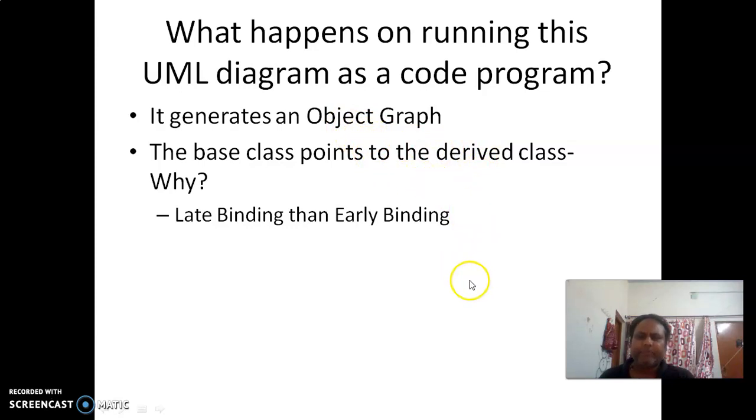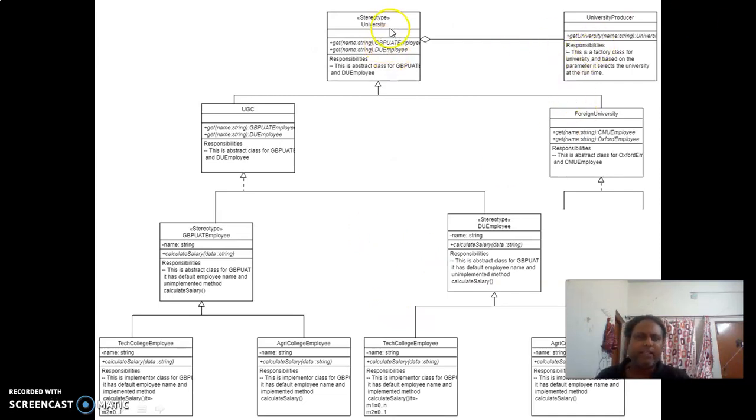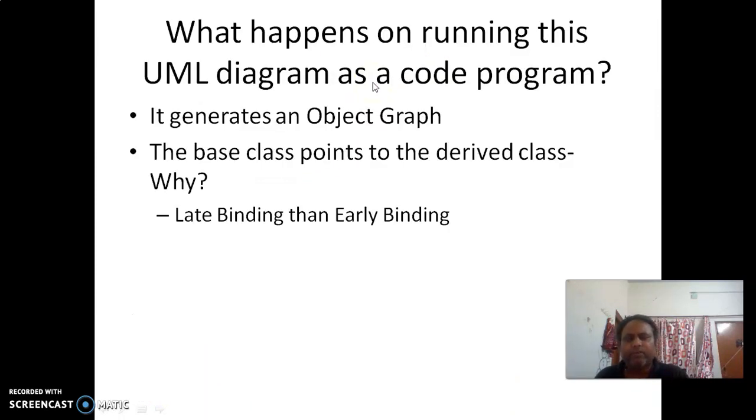Another thing is that here this is the base class. By using this base class, we can retrieve the methods of these derived classes which are at the lower layer in the diagram. This is also again a concept of early binding and late binding. So what happens in early binding? My compiler locates the target object at compile time.